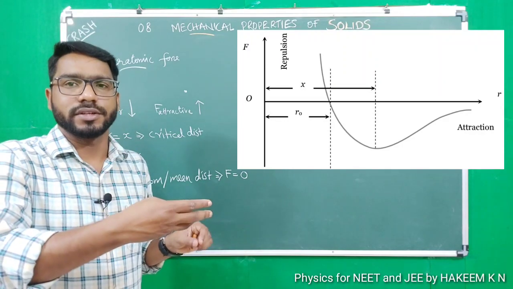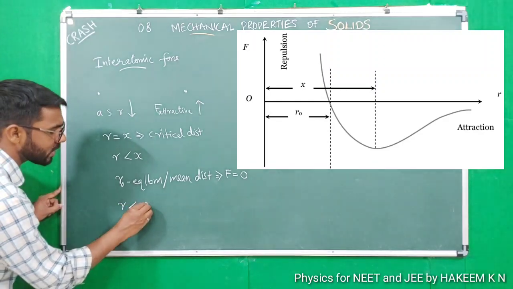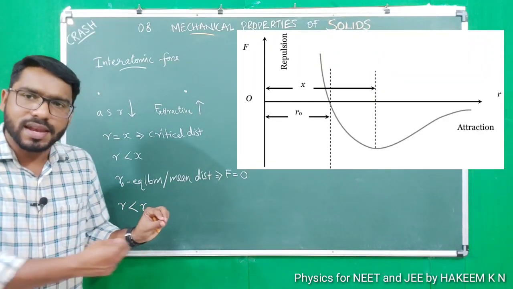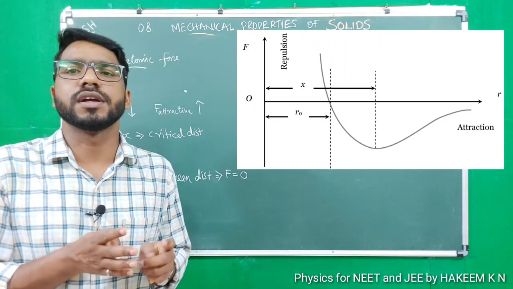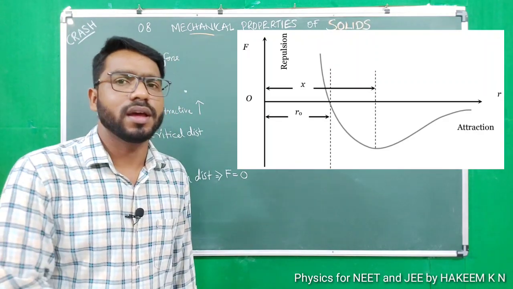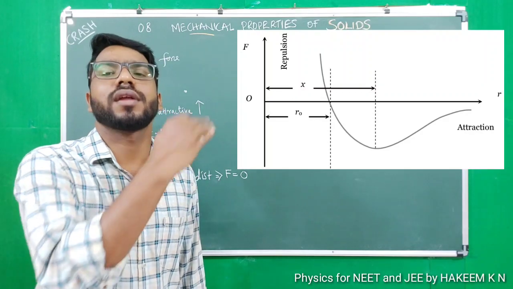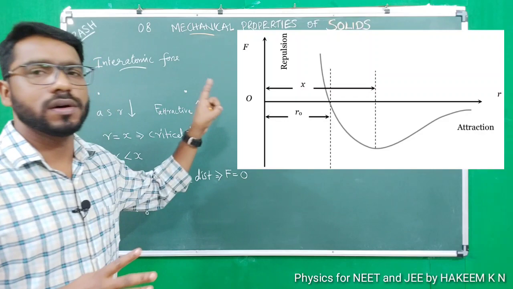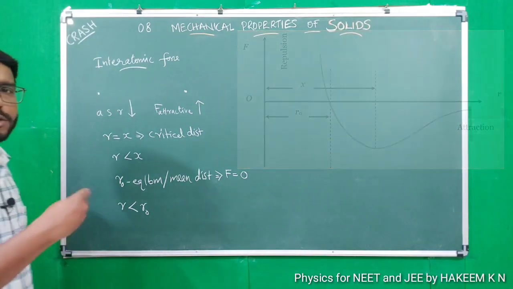And after that, if the distance again decreases to less than r0, the interatomic force becomes repulsive, and the repulsive force increases more rapidly. That is what you are seeing in the diagram. Okay, once more,